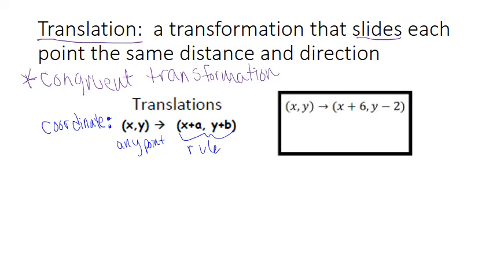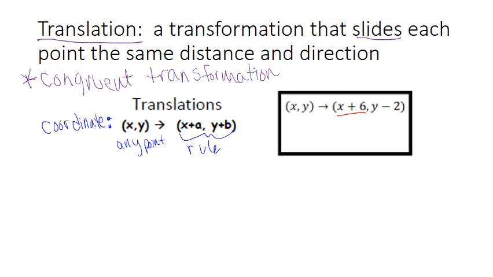So we're saying x plus a, y plus b. That's in the direction of the x-axis, a units, and in the direction of the y-axis, b units. So let's look in this little box for an example. We're saying any x and y point on the shape, if we were to have that mapped onto a graph, this mapping specifically says